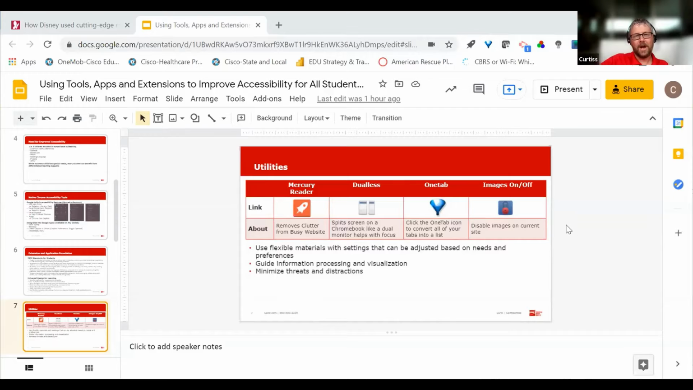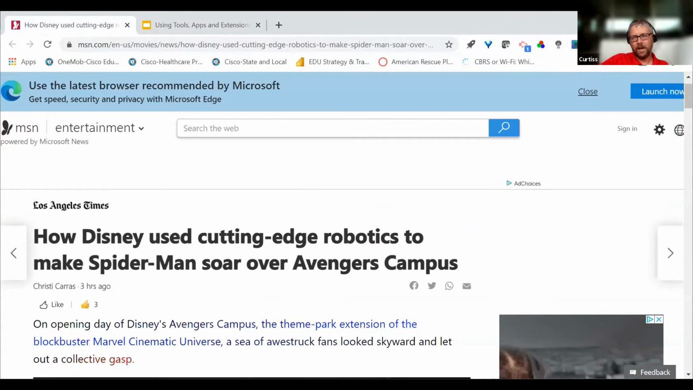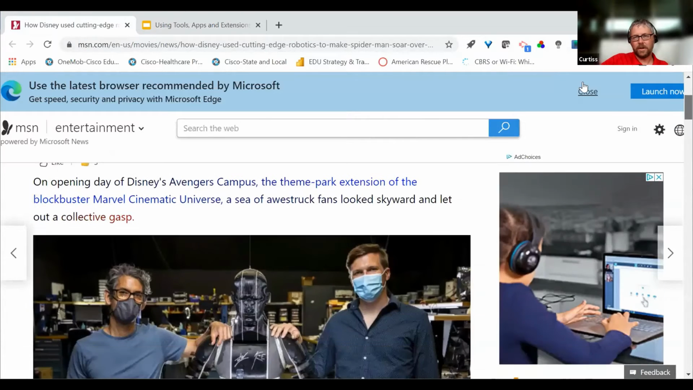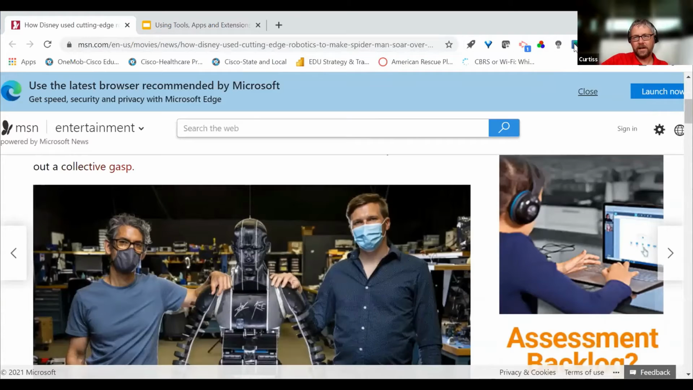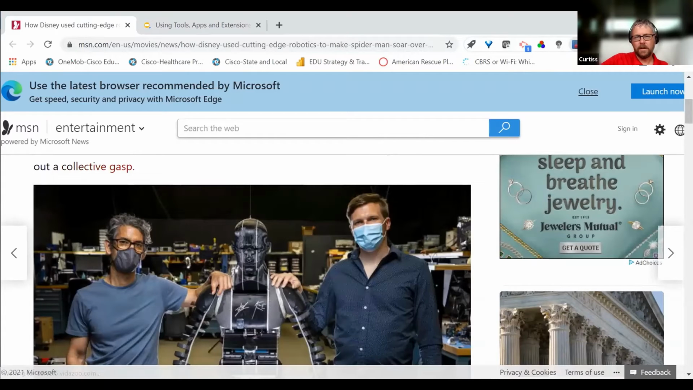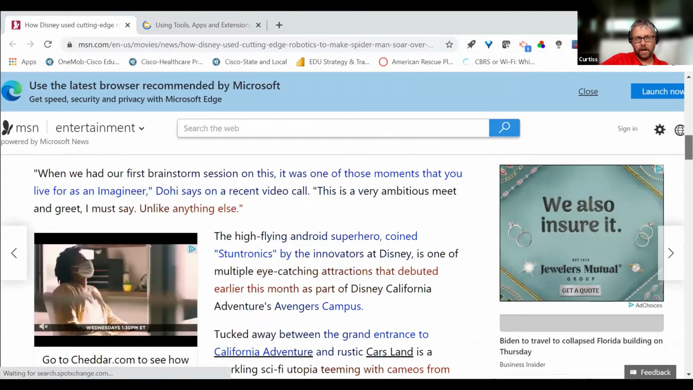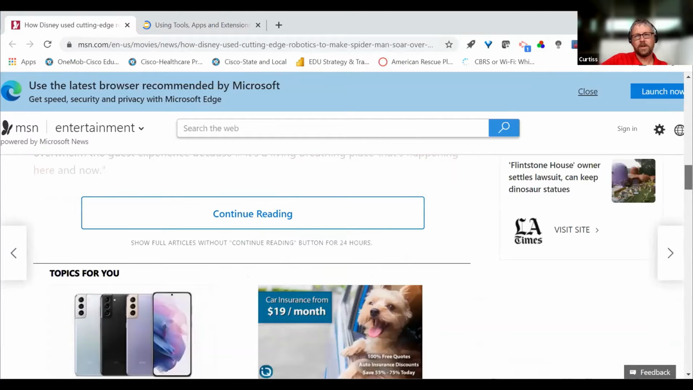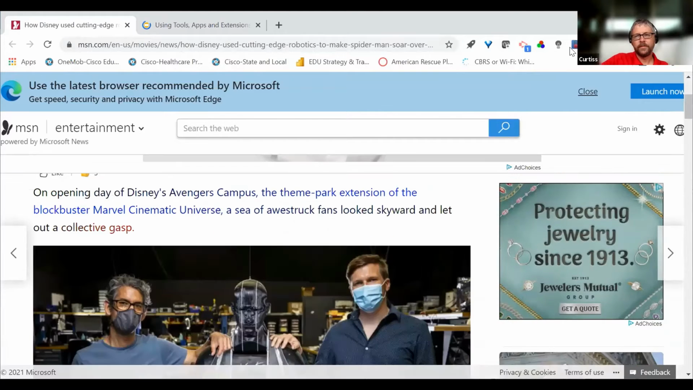All right, One Tab I'm not going to go do because I don't want to lose my tabs, but images on and off, I will show you real quick. Very simple, nice little tool. If I just want to turn my images off and on, you'll notice I have this little icon. I hit it, and they should go away. But they didn't go away. I don't know why. But normally they would go away, and you wouldn't have the images on the screen. I don't know why it's not working. All right, so those are some basic